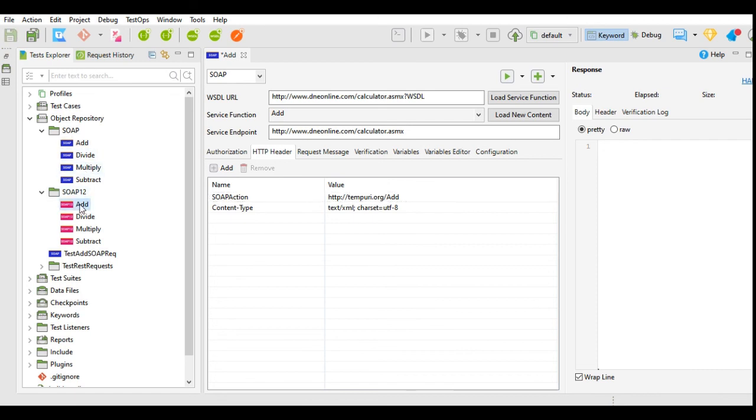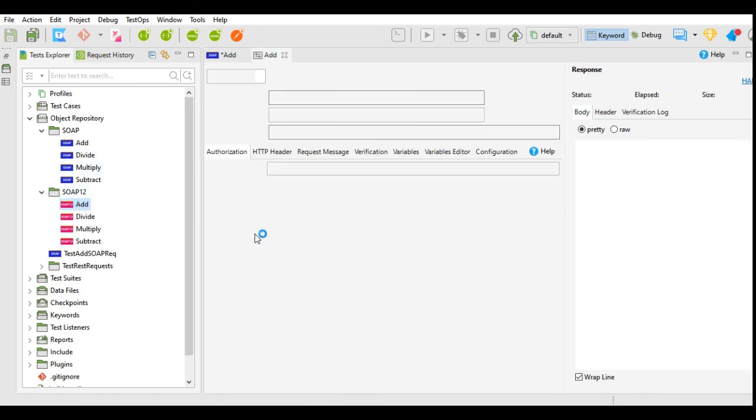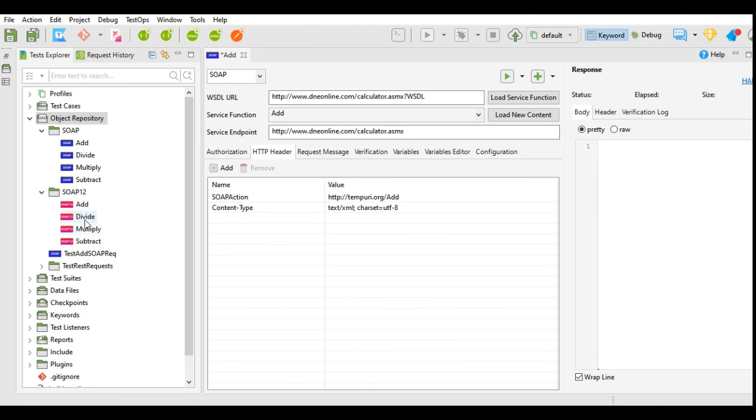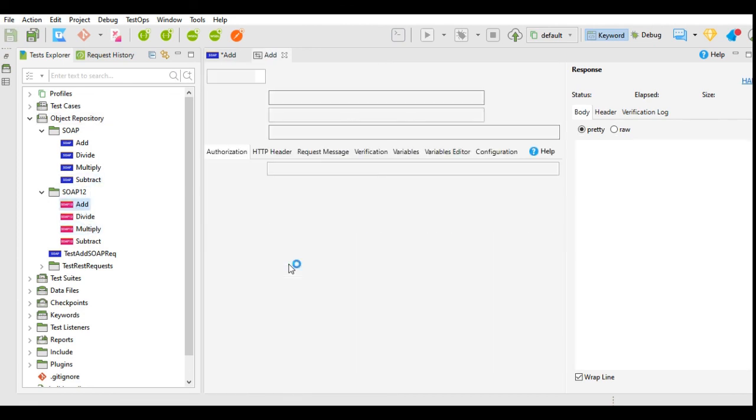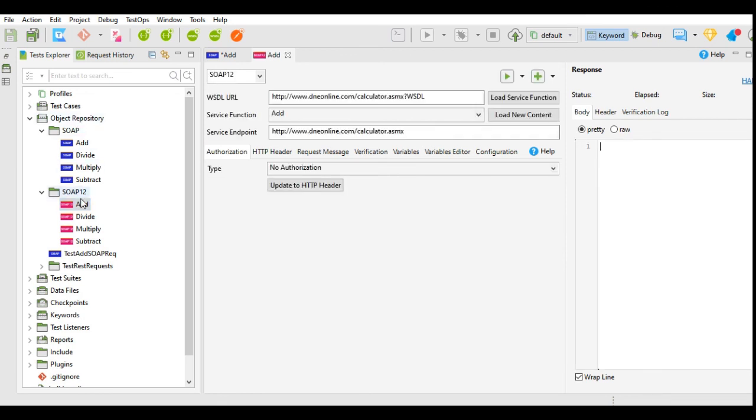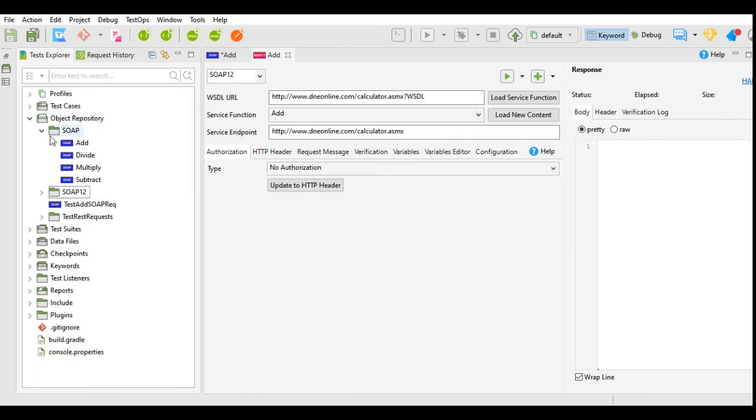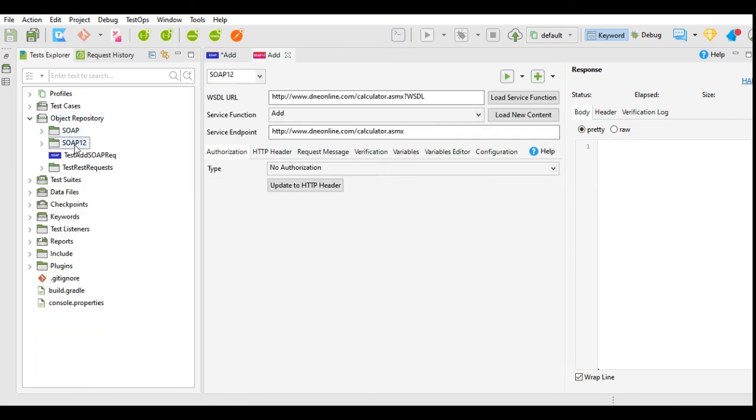This SOAP 1.2 is another version of SOAP. Some WSDL files contain both types of requests. You can use those. And if you see the Object Repository, they have given these two in different folders with different requests.